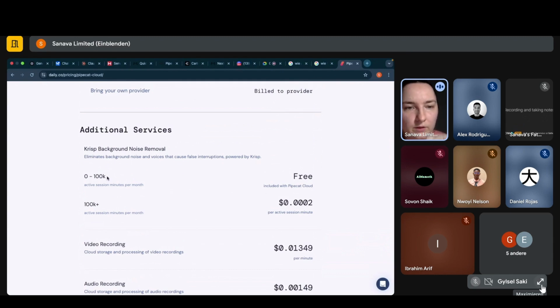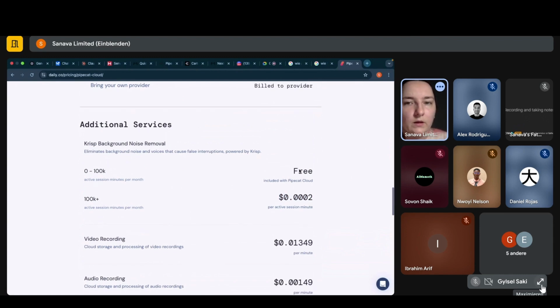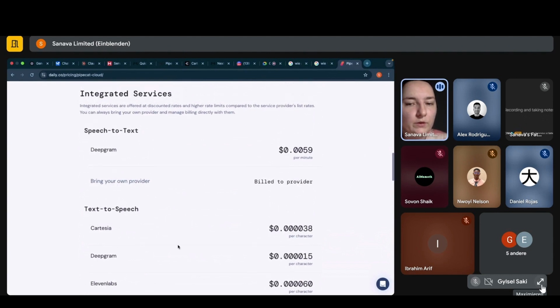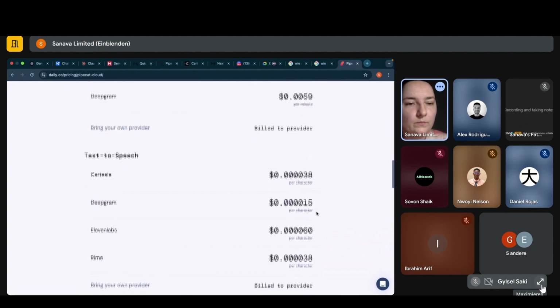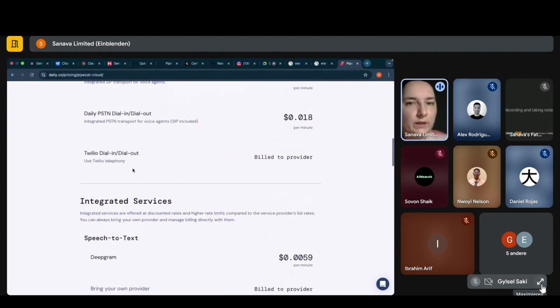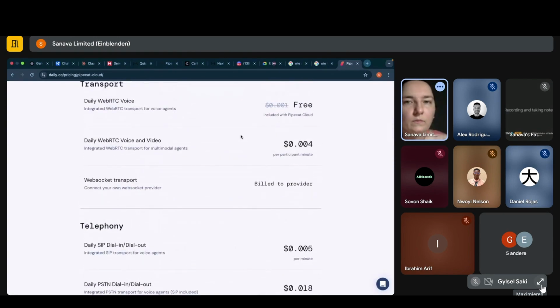Retell charges this extra too, and after 100K it's this much. Okay. And of course you bring your own text to speech and LLM stuff into that. Okay, then